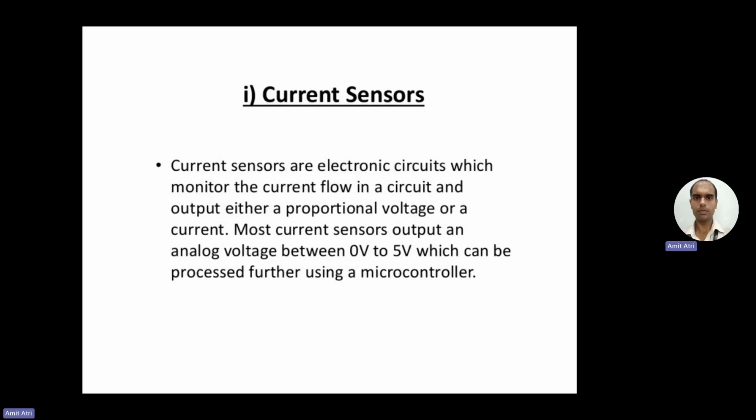Okay, next is the current sensor. Current sensors are electronic circuits which monitor the current flow in a circuit and output either a proportional voltage or a current. Most current sensors output an analog voltage between 0 to 5 volts, and this can be further processed using